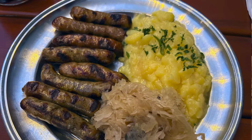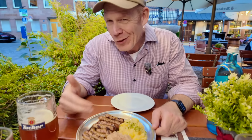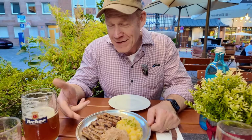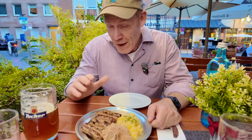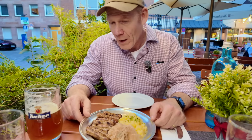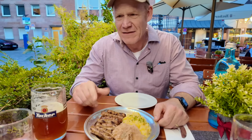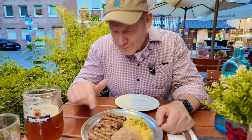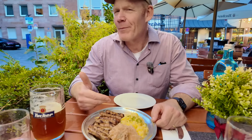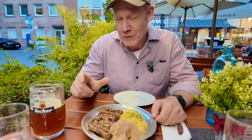Now, there are some legends as far as why the Nuremberger Bratwurst are this size. They can only be between 20 and 25 grams. That's the weight. We talked about the length earlier. 7 to 8 centimeters, I think. 7 to 9 centimeters. And one of the legends for why they're so small is